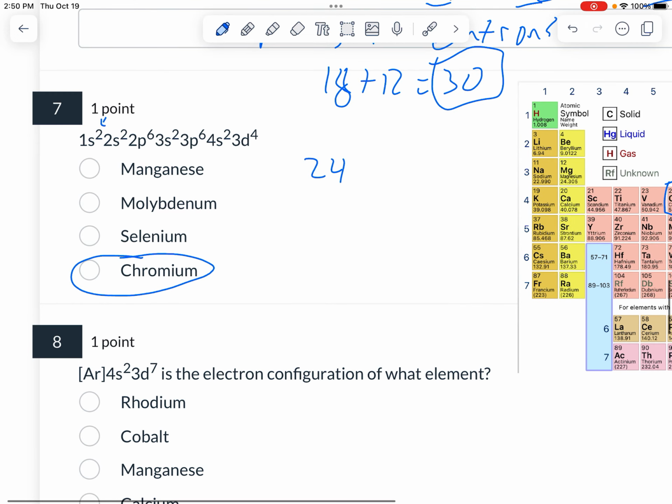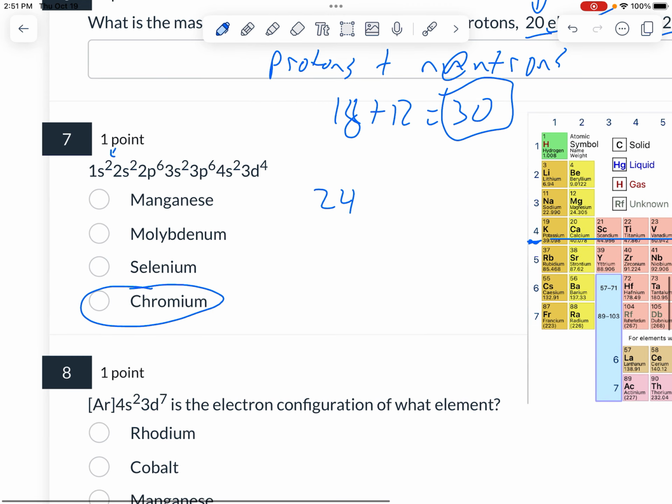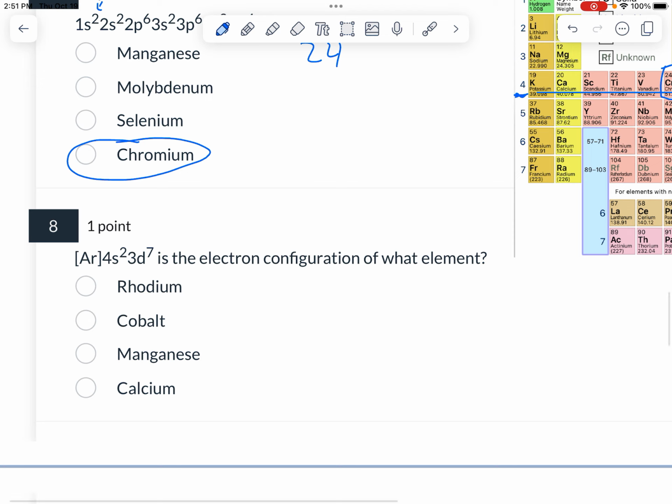And then, yeah, notice where chromium is as well, right? This is 4, so we know this is 4s1, 4s2, and then it's 3d1, 3d2, 3d3, and then 3d4, okay? So that's the other way, 4s2, 3d4. All right, shorthand. So for number 8, shorthand, we